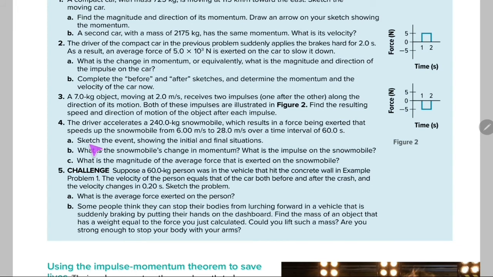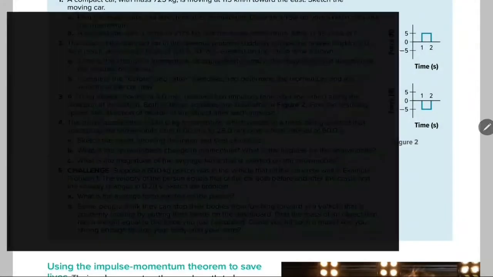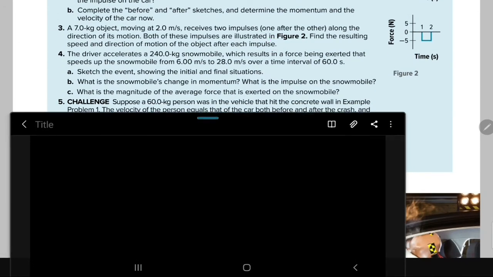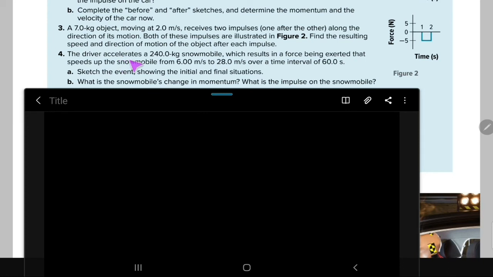In the beginning, we will ignore the sketch for the question and we will find just B and C. As we learned in the beginning, we will write the knowns for this question. So what do we have known for this question? Here we have the driver accelerates a 240 kilogram snowmobile. So in question number 4 here, we have the mass that's equal to 240 kilogram,